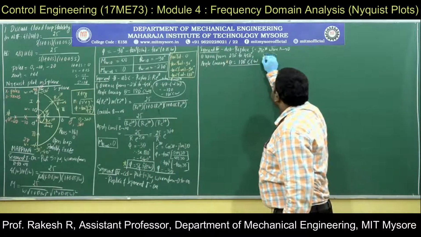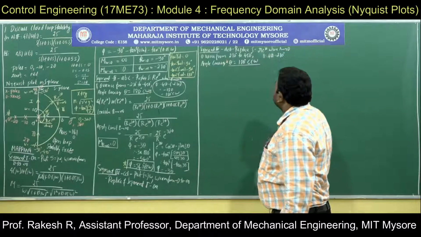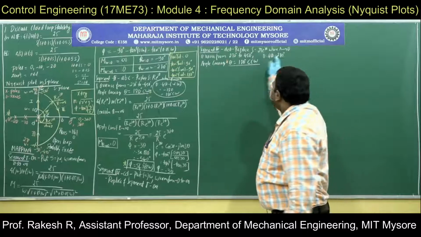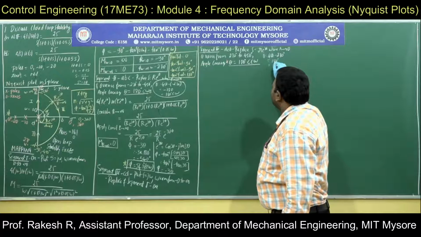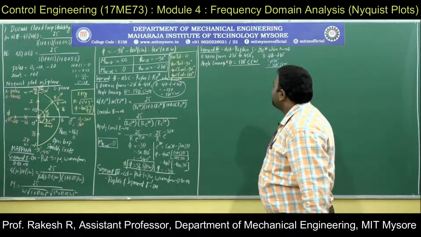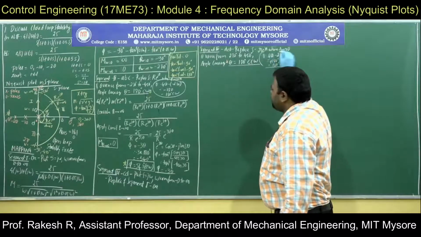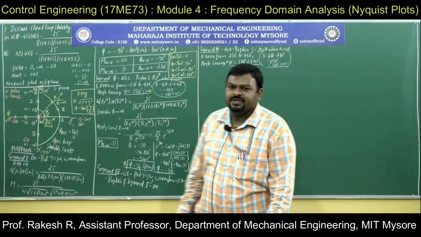Let us check. Theta is equal to 450 minus 270, then upper limit minus lower limit. It will be 180 degree. You got 180 positive. Positive indicates it is counterclockwise. So very important. Only for this problem I will be showing. Rest of the problems directly I will write 180 degree counterclockwise.